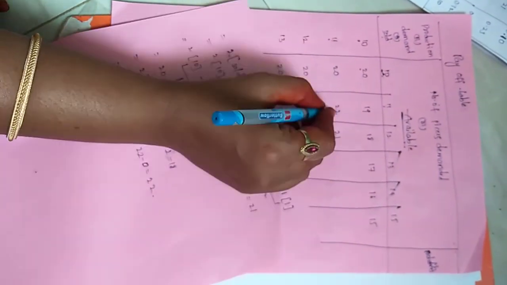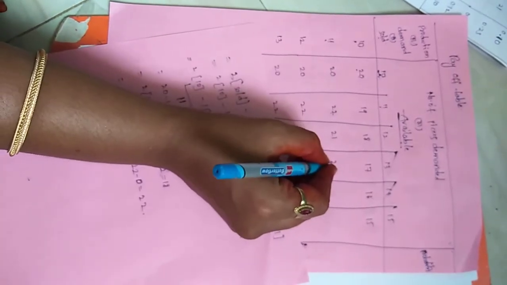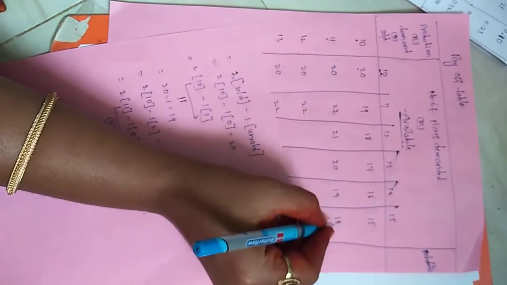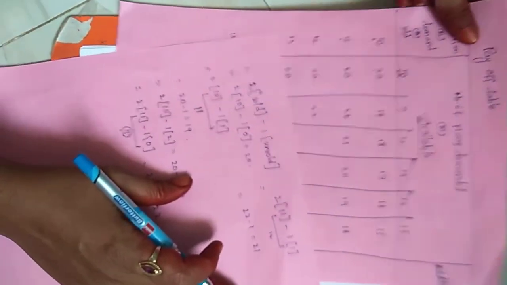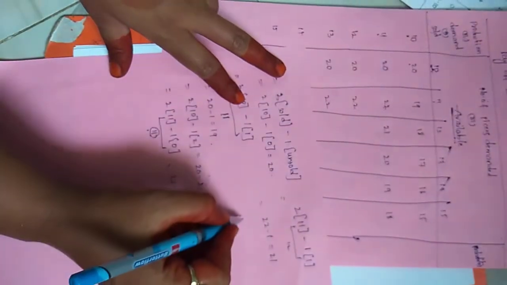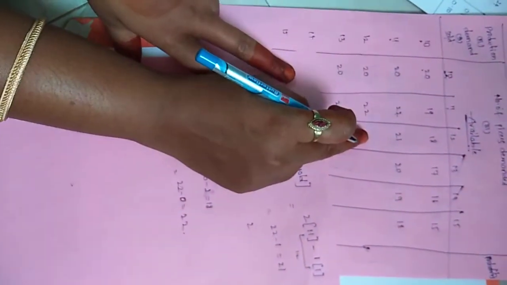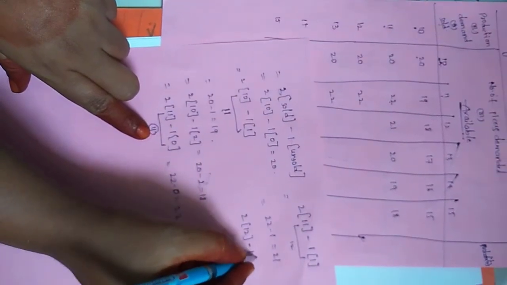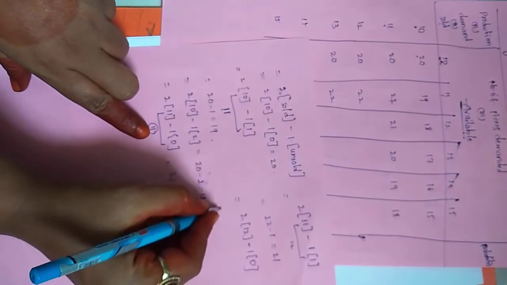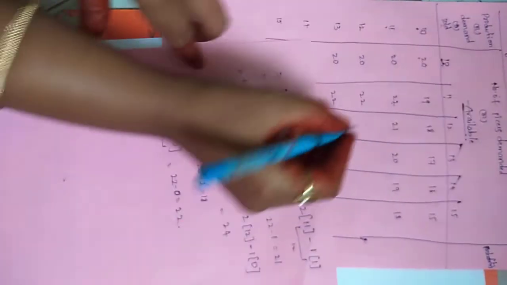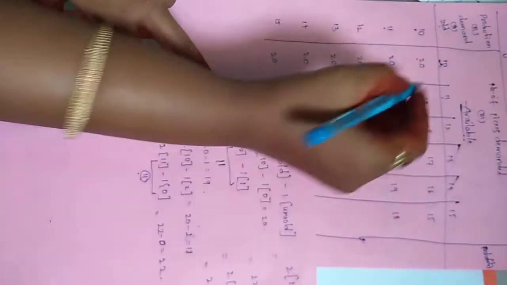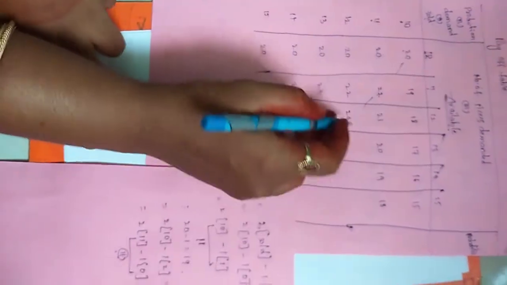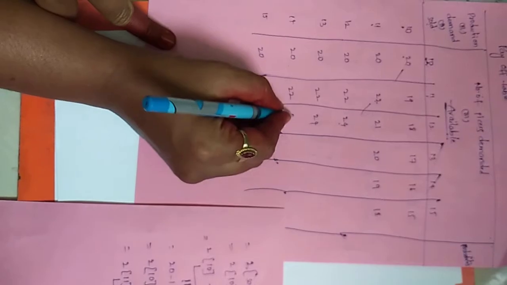The next value is 20. It means the value is decreased by 1, that is 20, 19, 18. Next, here available are 12 and sold is also 12. It means 2 into 12 minus 1 into 0, that is 24. That value is 24. In this row, this value is the highest, so we just copy it below.